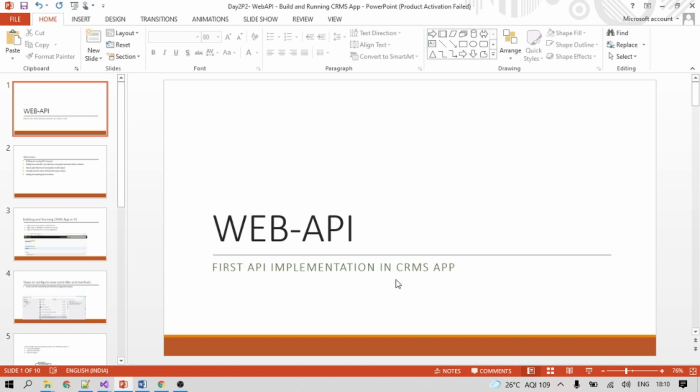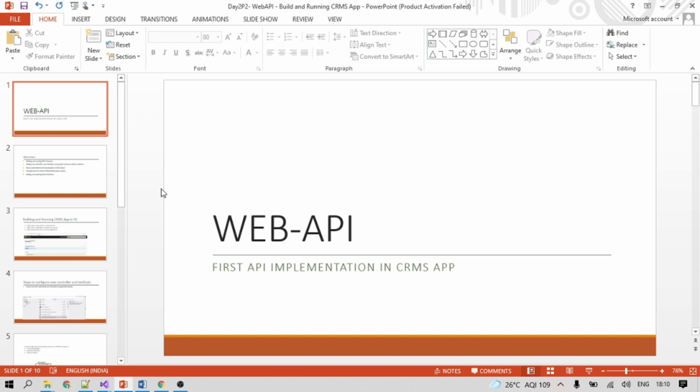In this video we will be working on the first method implementation in the Web API application. In the previous video we already discussed how to install the required applications, and how to create a Web API solution and Web API project. Hope we already have created a sample project for the Web API. Through this video, we will continue implementing the action methods which we require and which we are going to implement in our solution.